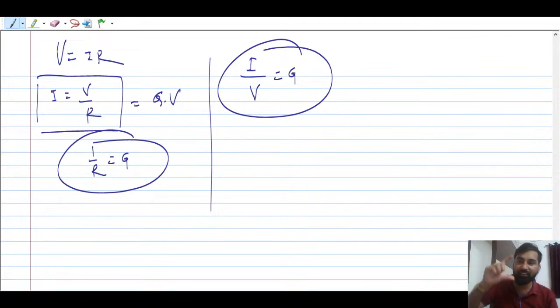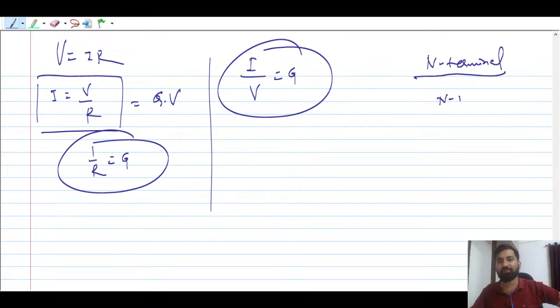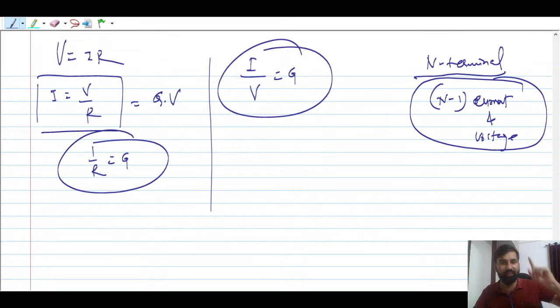मैंने आपको बताया था, if there are two terminals, so how many currents and voltages can be there? One voltage, one current. कैसे? ये याद रखना है। N terminal, so how many currents can be? N minus 1 current and voltage. आप देख भी सकते हो, अगर एक रेजिस्टेंस है तो केवल एक ही करंट होगा, एक ही वोल्टेज होगा, राइट? You can't have many currents, ओके? याद रखना ये।